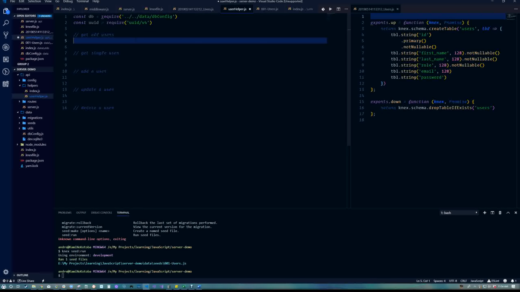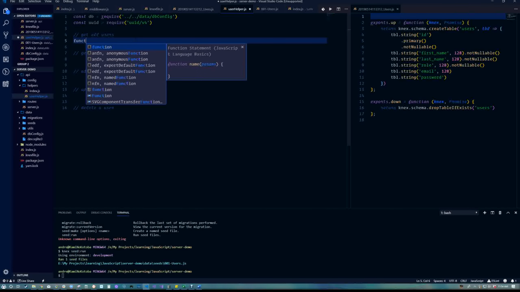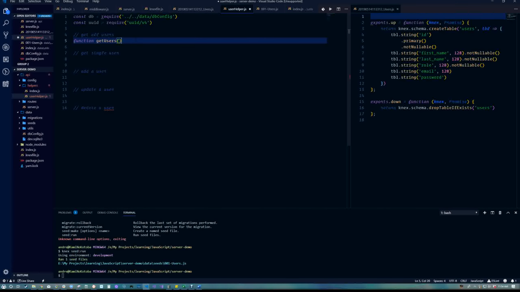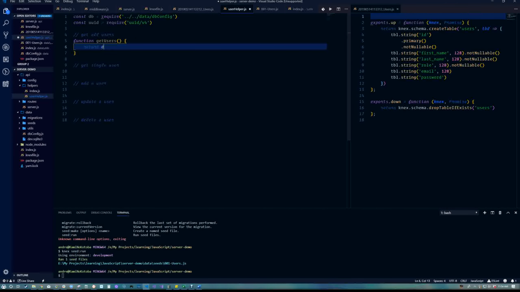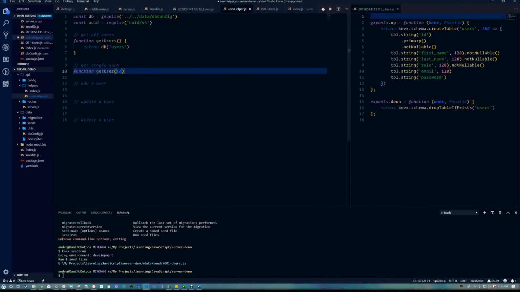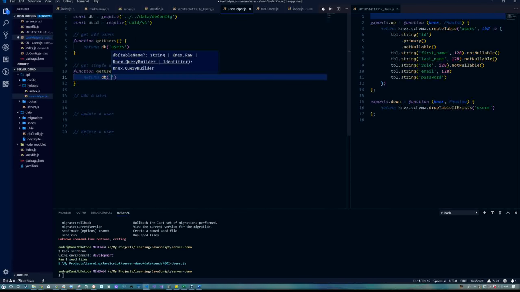So it should be very straightforward, especially once we start building the first two or three. I think the rest of them will just make sense, because they're just going to be the same thing over and over again, or similar actions, I should say. So get all the users. Really all we need to do is just go into the database and call users, and that'll get all of the users. And then function get user, we're going to be passing in an ID, and then we're going to basically be digging into that users table,